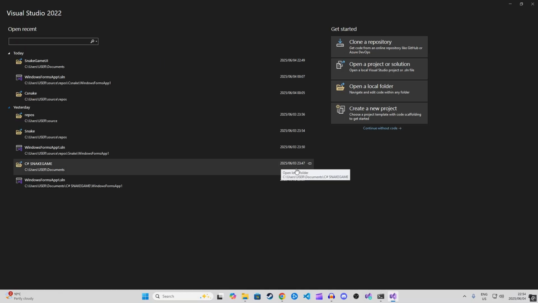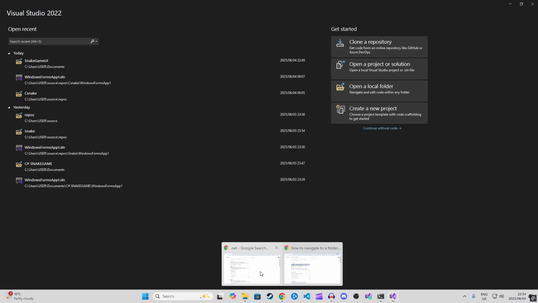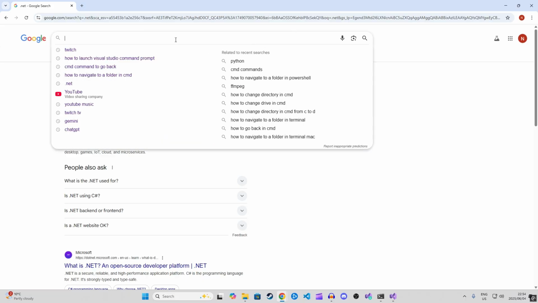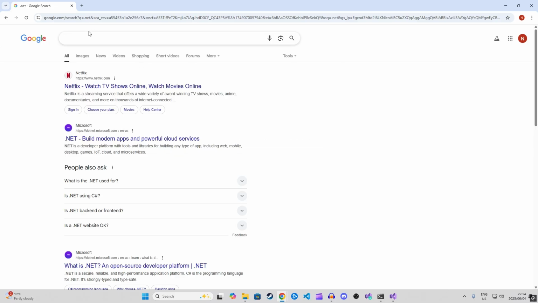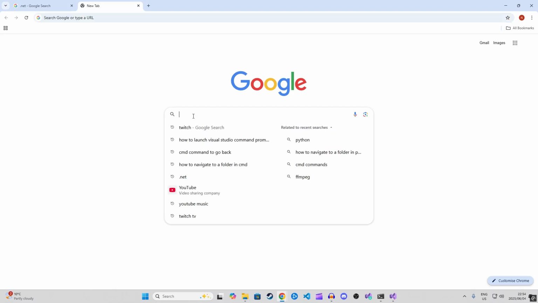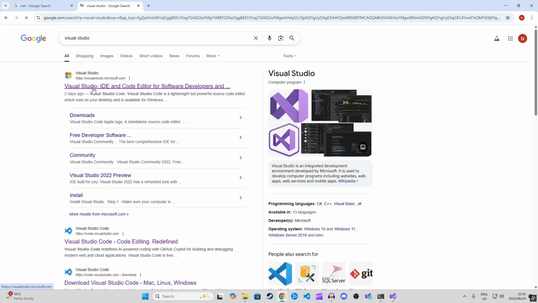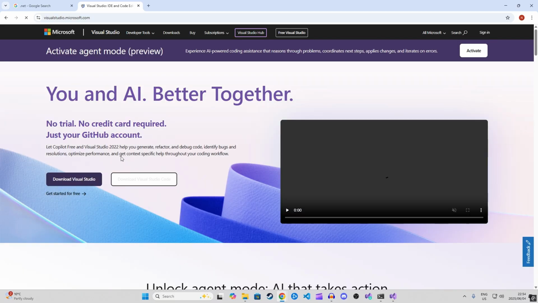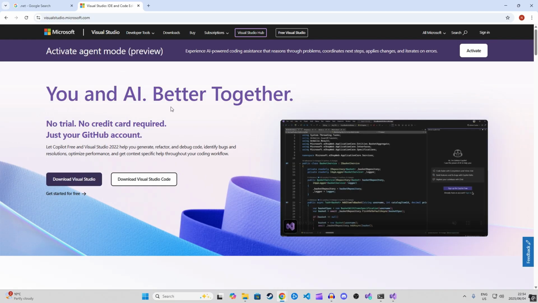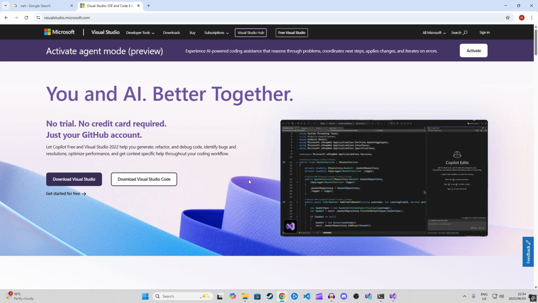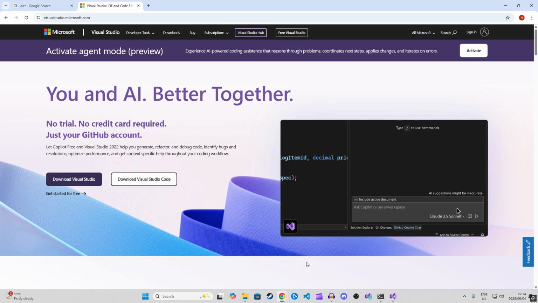To get here, you will need to download Visual Studio. I believe it's Visual Studio. You will need to download Visual Studio IDE, which is this one, the one from Microsoft. So you have to differentiate. There's Visual Studio and then there's Visual Studio Code. Two different